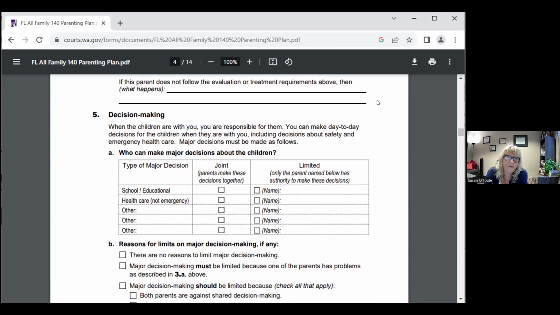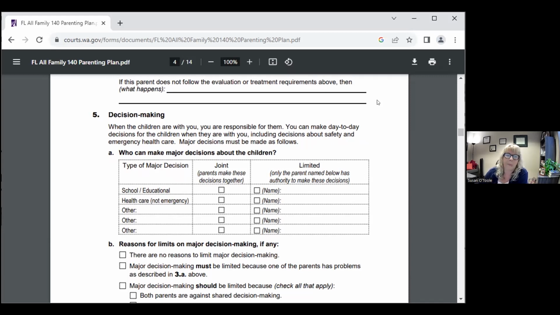So it kind of depends on the seriousness and the potential effect of whatever the issue is on the child. But you make sure you tell the court why. You say, this is what happened. This is what I believe should happen if the other parent is not following the evaluation or treatment requirements,